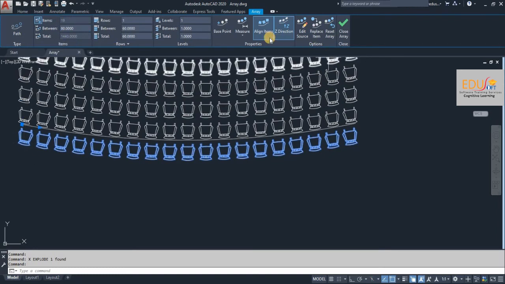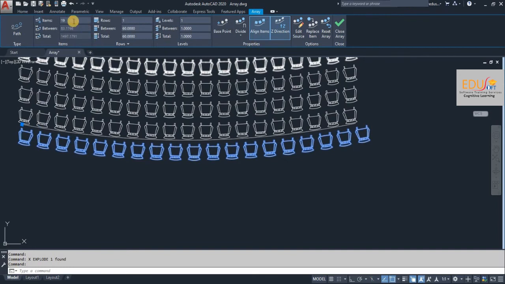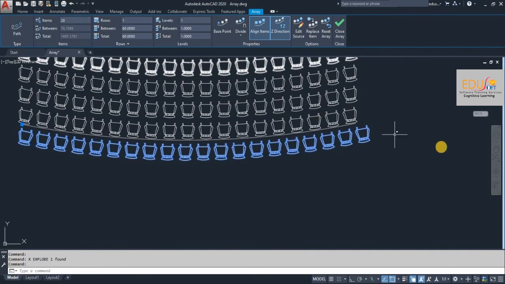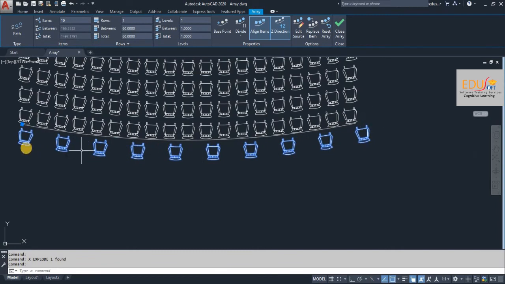That can be changed by using the default option, measure; change it to divide. Now this is active. If you give 20 chairs, it will come as 20 chairs. If you give 10 chairs, it will be 10 only. The gap will be calculated automatically. So likewise you can adjust.